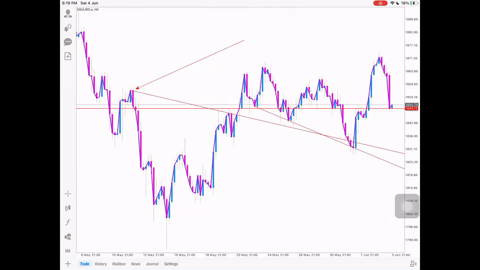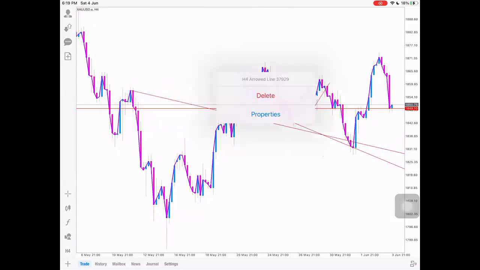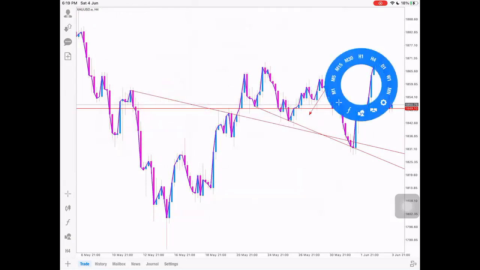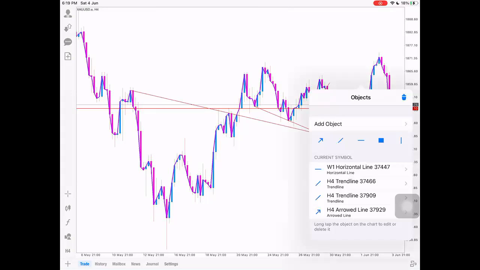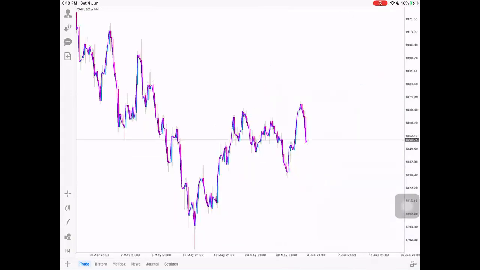A reversal trend line has its specific characteristics, where the second point appears below the higher time frame SNR. You see, everyone's been using trend lines wrong. Why are they using trend lines wrong? Because I see in Instagram ads, you know how they use trend lines? They use it like this.